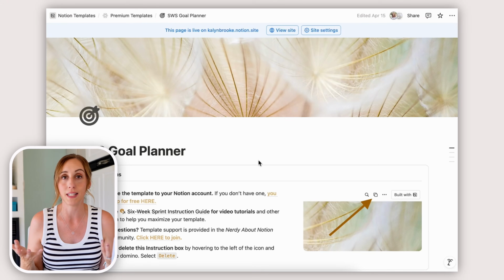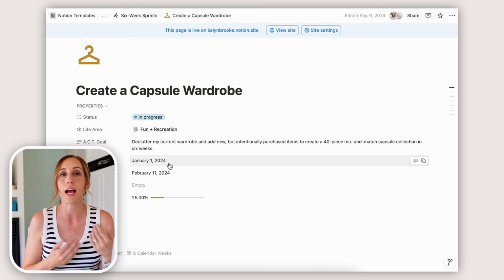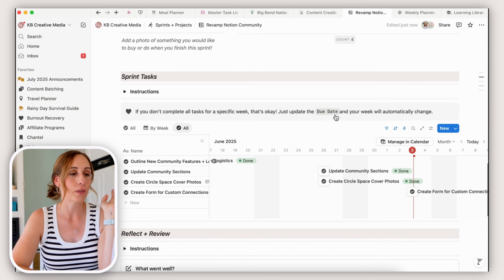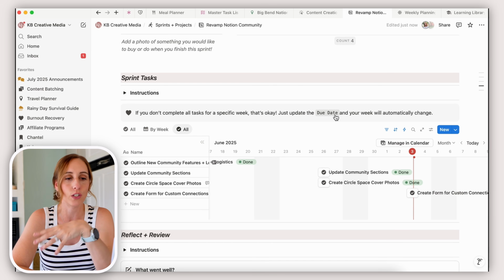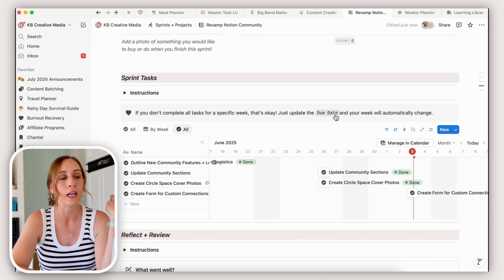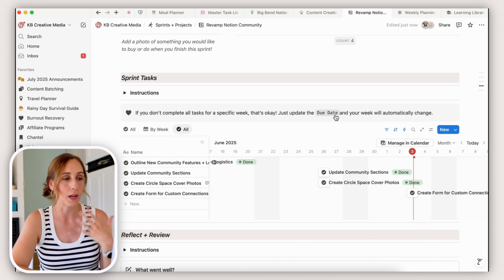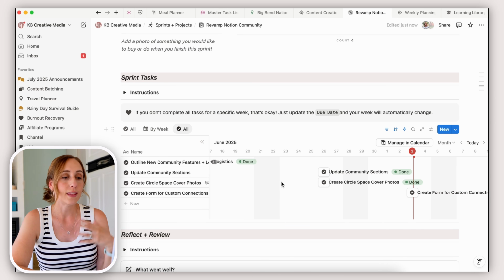So if you have watched my 6-week sprint planning system and you've picked up the template, you know that every single goal in there has a start and end date so that you can basically have it within the 6 weeks. I'll show you how I have attempted to use it, but it has not stuck. So I'm gonna go into my revamp Notion community sprint that I've been working on. I had a few things that I wanted to do, like outline some new features, update some community sections, and create new circle space cover photos just to update my branding a little bit. And so here I have the timeline view where you can see the start date